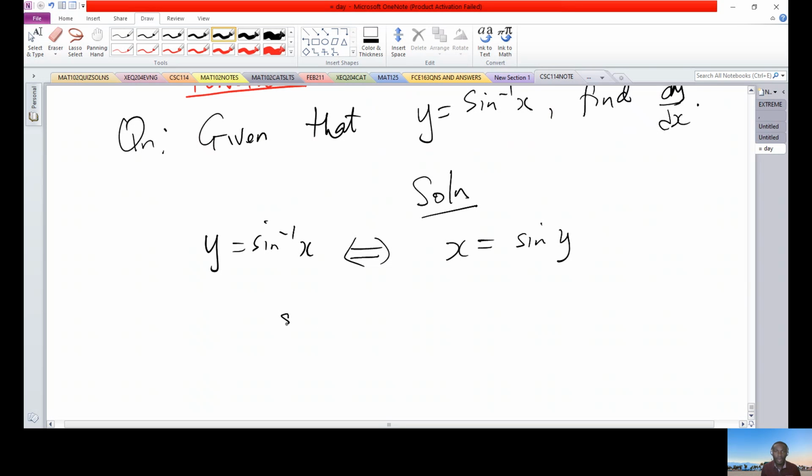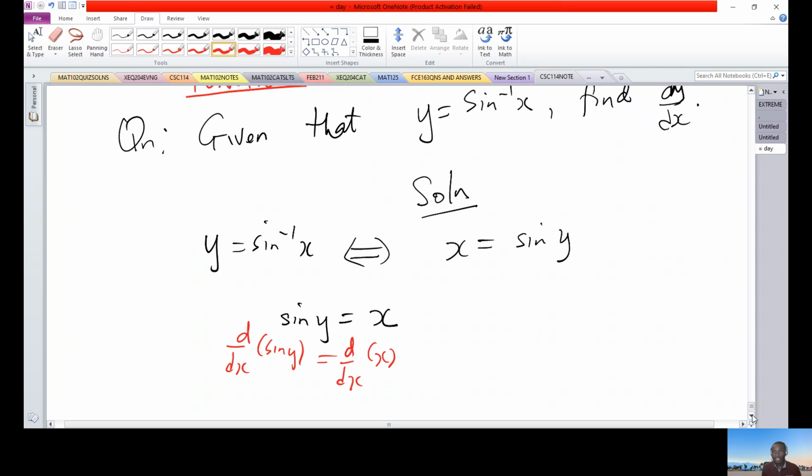So therefore now you have sine of y equals x. This is just a trigonometric equation. So therefore you introduce d dx on both sides. So d dx of sine y equals d dx